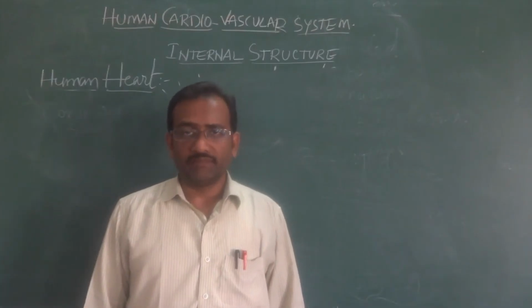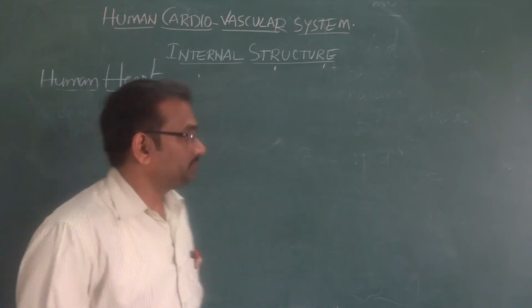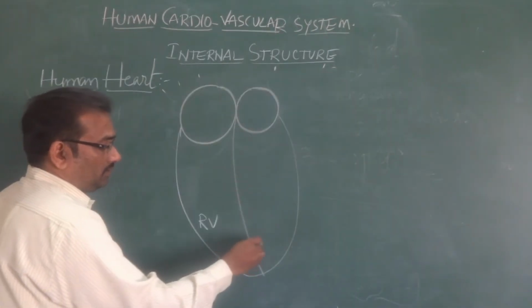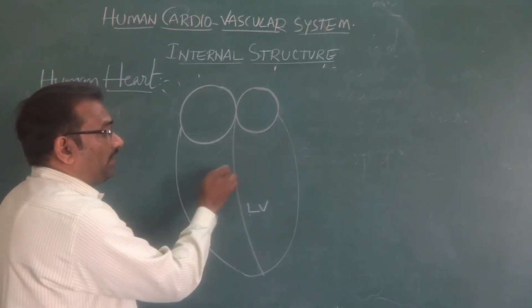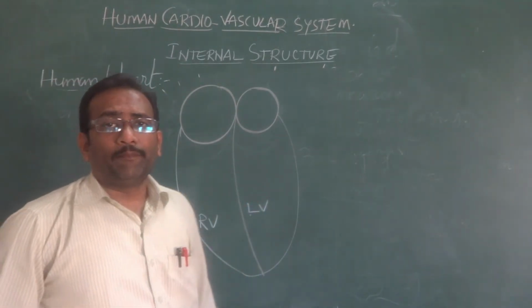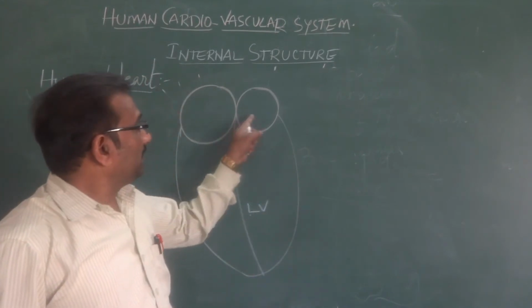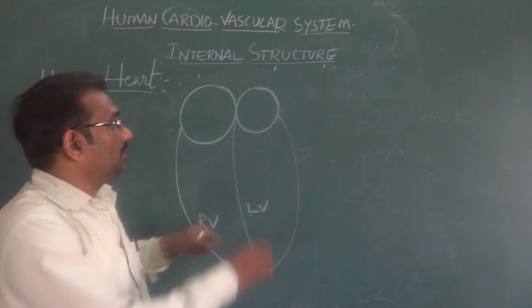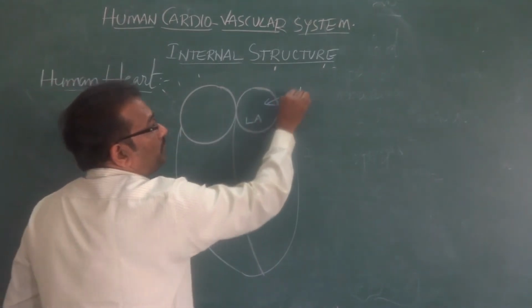Now, ventricles. The lower two chambers are called ventricles. Right ventricle, this is left ventricle. Ventricles are the blood pumping chambers, whereas atria are receiving the blood. Left atrium receiving pure blood